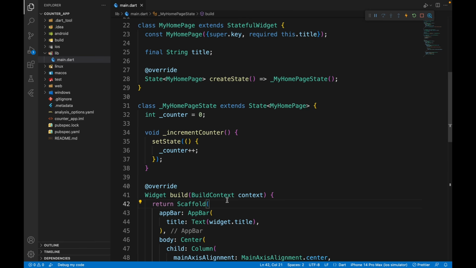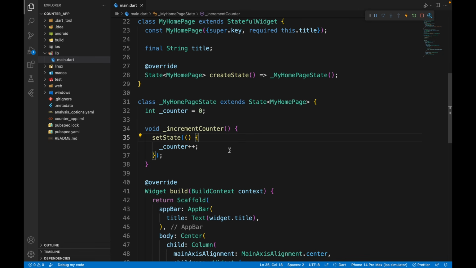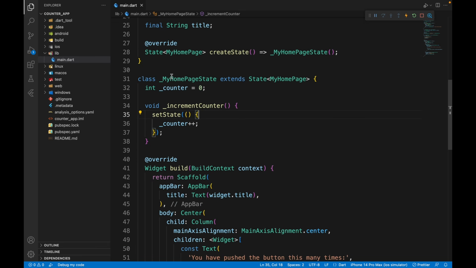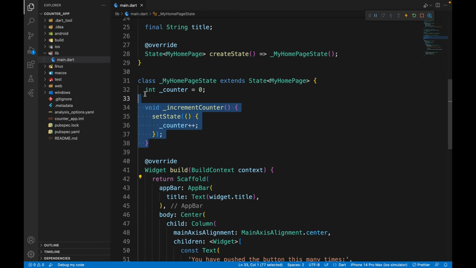This code is not testable. Why? Because our application logic, which is this function increment counter, then we are setting the state and incrementing the counter variable. All of that is mixed with the user interface, which is the home page. Since the UI and our application logic are mixed together, we won't be able to unit test it. It's pretty hard, and we can just ease the process a little bit by separating the application logic and the